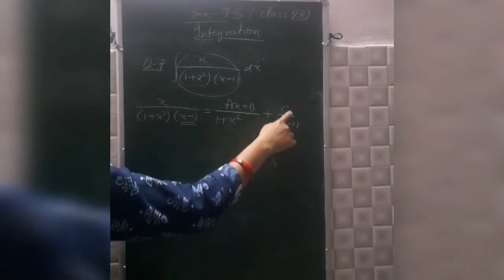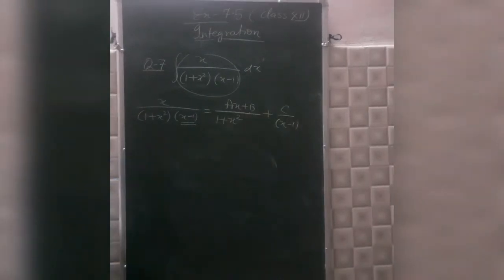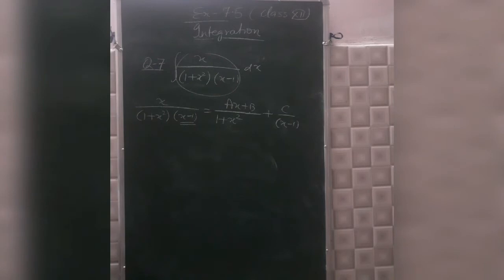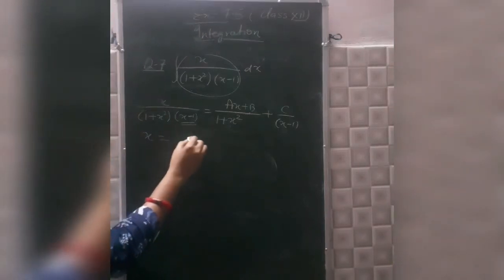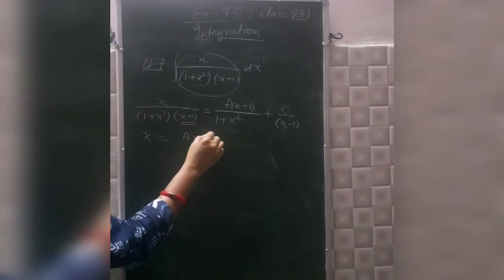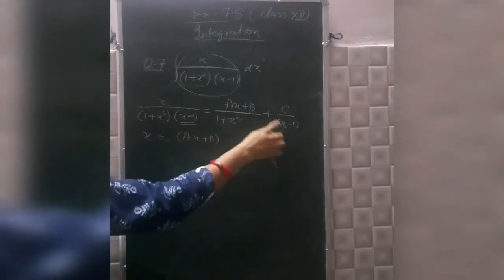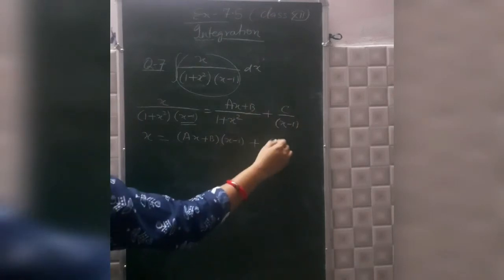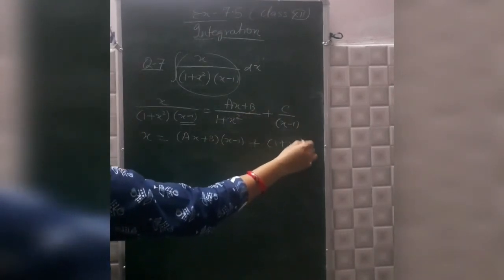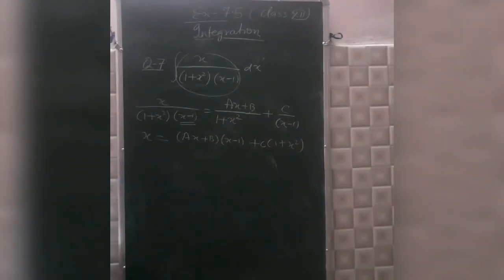Here this is linear, that's why you will take only c. Now comparing on both sides, you will find out the value of constant terms here. When you simplify it, you will get x is equals to ax plus b into x minus 1 plus c into 1 plus x square. And when you compare coefficients on both sides, then you will get